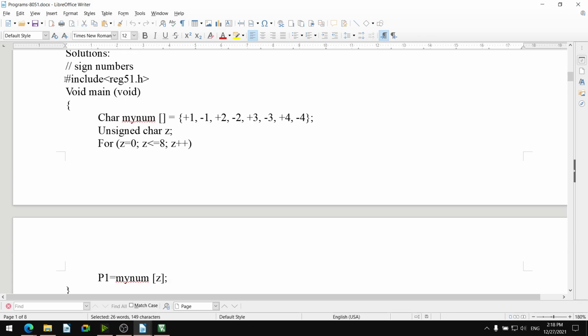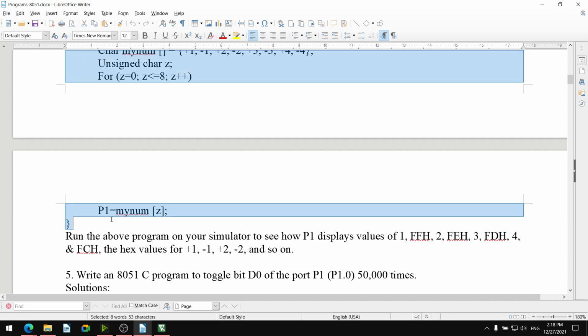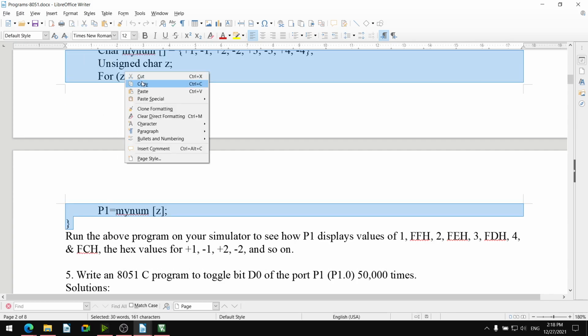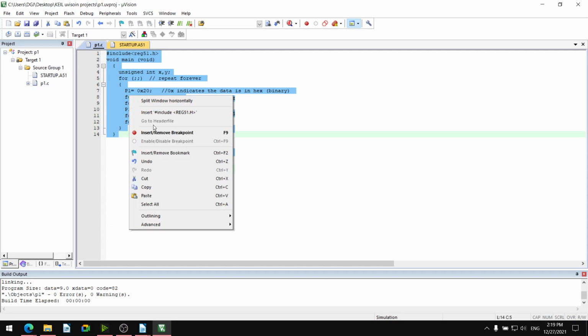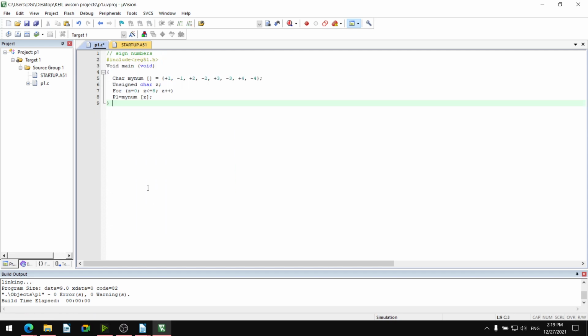Should we check this? We'll take the comment also. Okay, we'll very quickly check this. Include the void main, void, char num, unsigned char z.